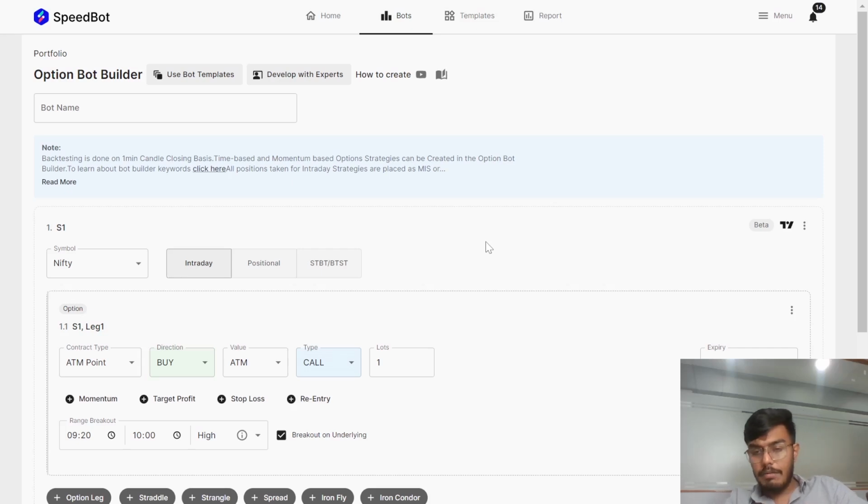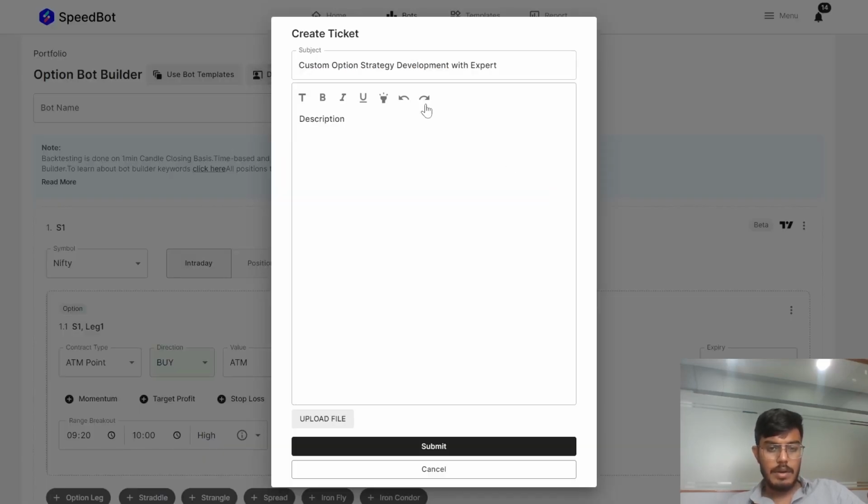So not to worry, Kevin, what you can do is, whenever you are opening the option bot builder, there is a button over here that is the develop with experts. So you can just click over here and whatever queries that you have, you can document it over here. Let us say if you want to attach a screenshot, then you can have the screenshot attached, along with whatever description that I want to